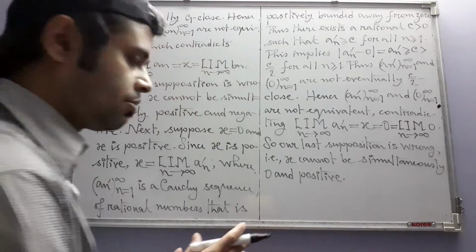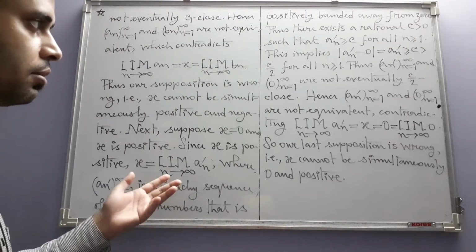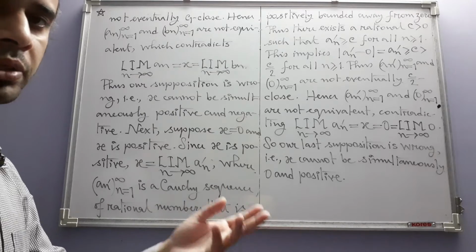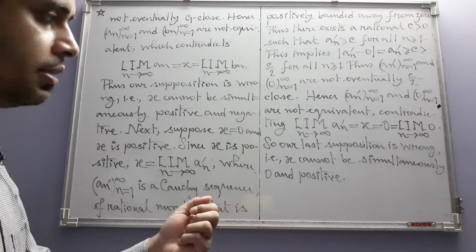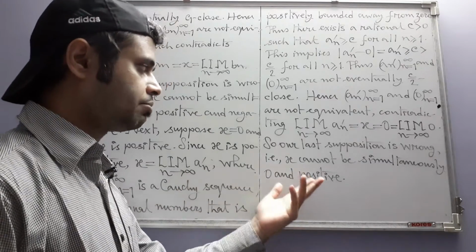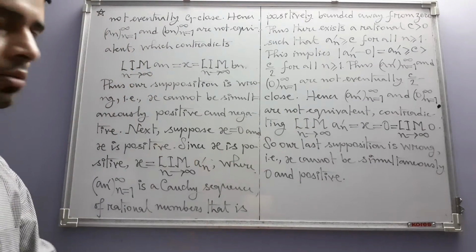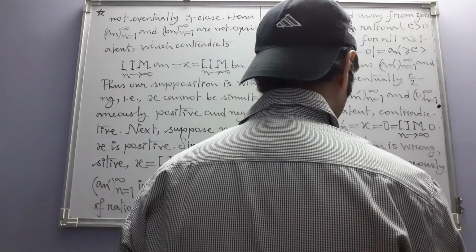And there is only one more case left, that we have to show that x cannot be simultaneously 0 and negative, which however can be approached much like this second part. So we just simply mention